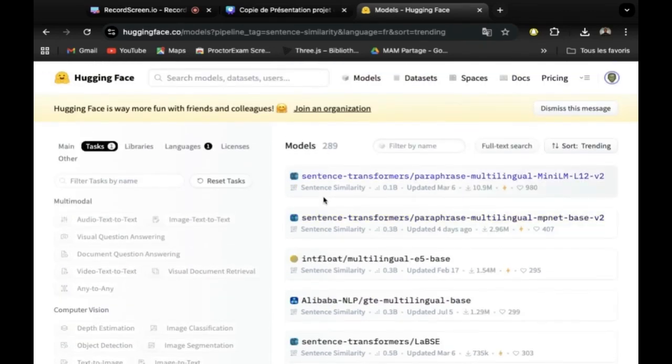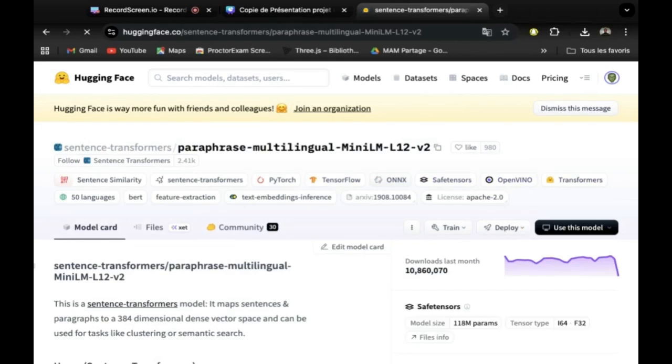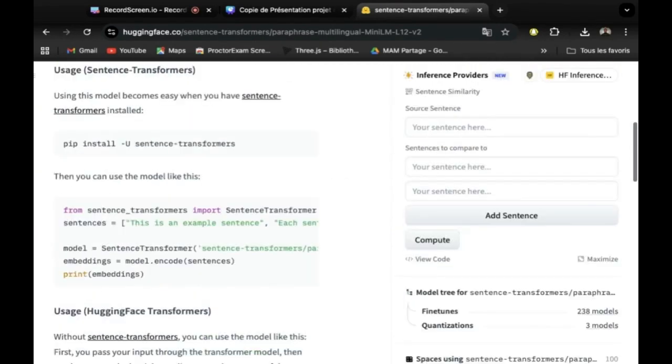So I'm going to pick a model at random. I'll choose this first one. Actually, Hugging Face is a platform where there are many open source models. So we can use these models to run tests or for any kind of project. Here, we're going to test the similarity of a few words. Let's take, for example, the word